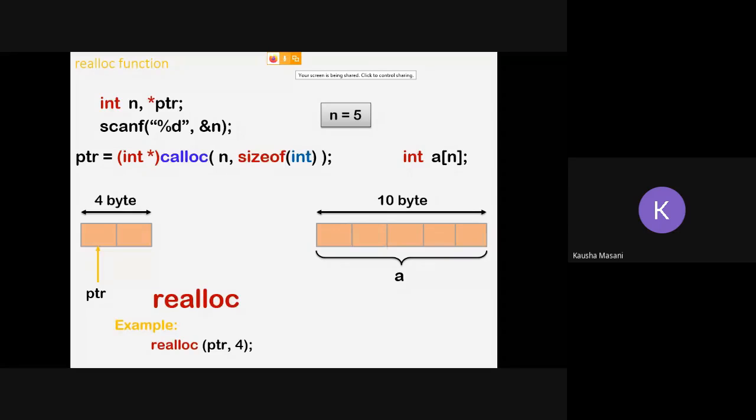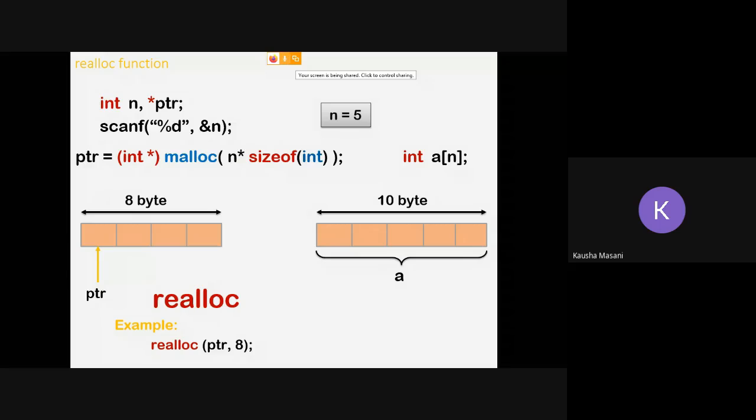So realloc(ptr, 4). Let's say you want to assign 8 bytes, then you can also write 8 bytes. That means a total of 4 memory blocks will be reallocated with the new memory. So with the help of realloc, you can do resizing of the memory as and when it is needed.